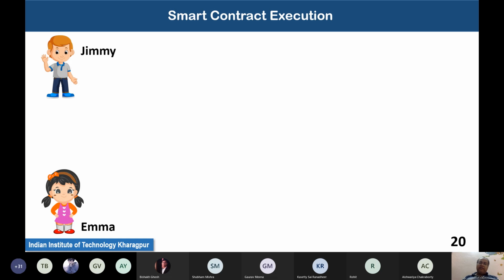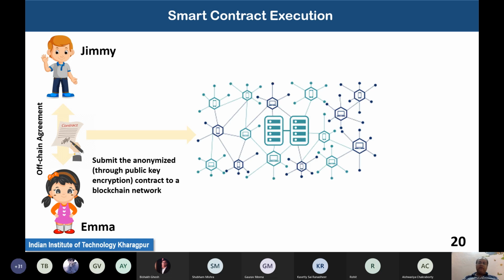Assume that Jimmy and Emma want to execute some smart contract. They first make an agreement that this is going to be my contract, and that is something off-chain. What you want is to make the execution of the smart contract automated. And how does it help? Say, for example, in a supply chain management ecosystem, whenever you are delivering the goods, the payment can be automated and the verification can be done in a completely automated way. You can remember the example I explained earlier when giving you a use case for a blockchain-based application. So you make this agreement off-chain, and after that, you submit this agreement